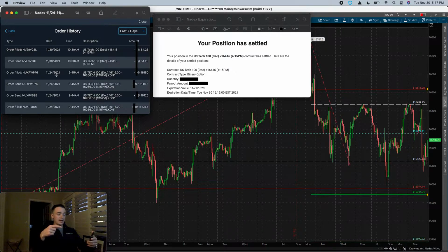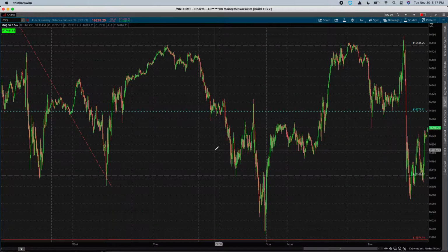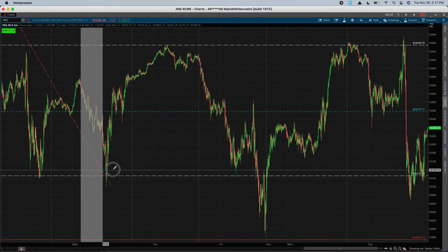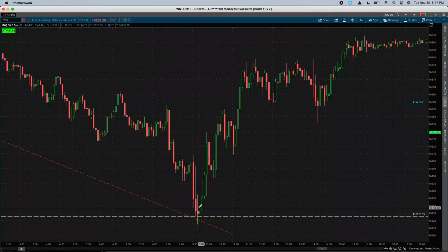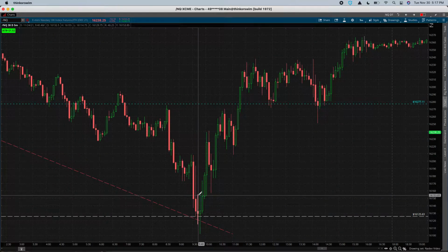So that's the trade from Wednesday of last week, and we can see these levels here, 125 half. I'm going to go down to a 5-minute time frame to illustrate this even better. But we can see here on Wednesday we come down, and this trades at 940, comes back down at 945, and I think I actually ended up getting out somewhere at these highs, and then we ended up retesting this